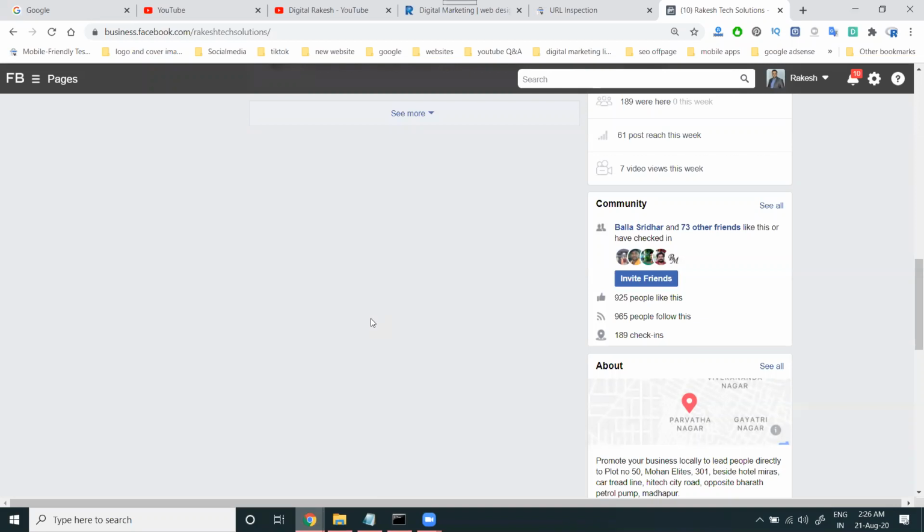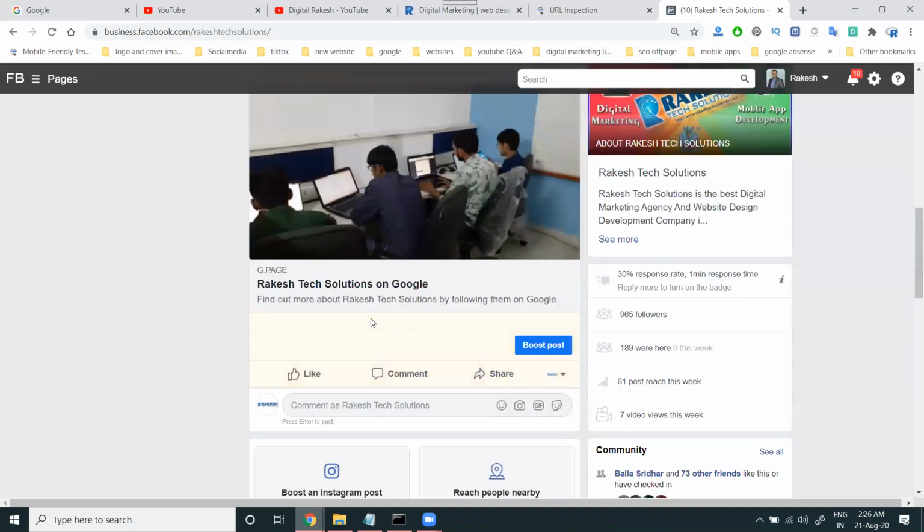When people click, where do they go? To my particular map option. When they click, they go directly to my map. People can contact easily through the map option. This is nothing but targeting my map, and through my map we can target my website traffic. Is it clear?